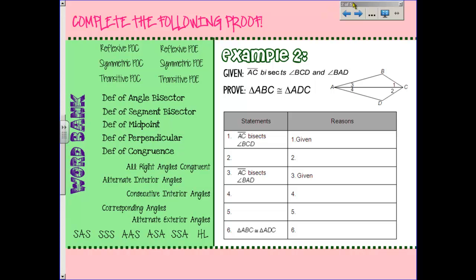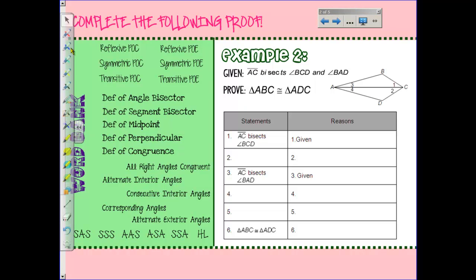Once again, we're going to complete the following proof. This one is example 2 on your notes sheet. And we're going to begin with what we're given. So we're told that AC bisects angle BCD and angle BAD. So let's mark that. AC, this line right here,